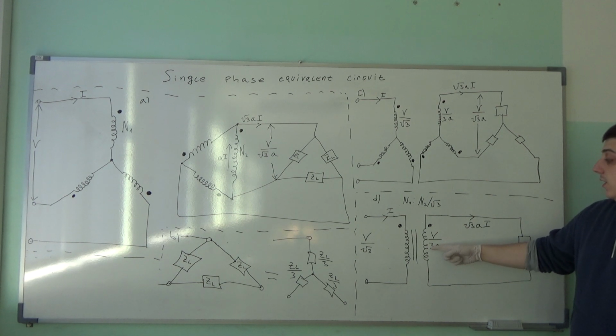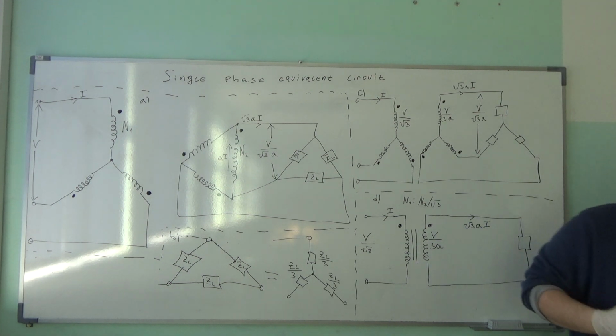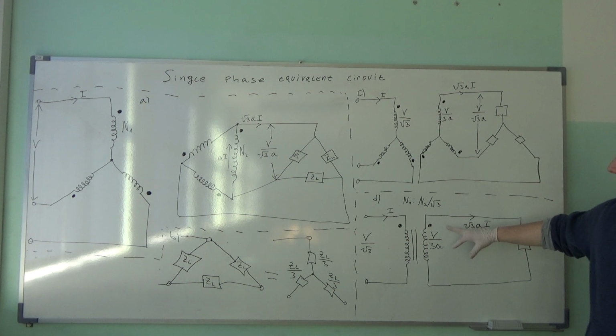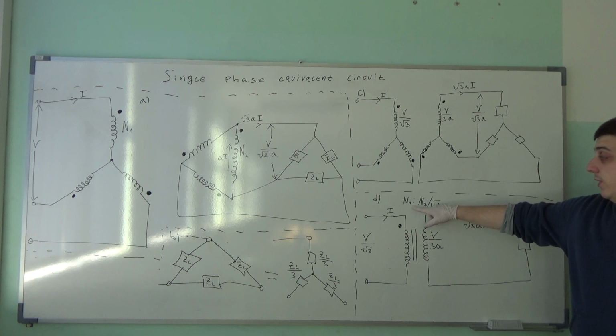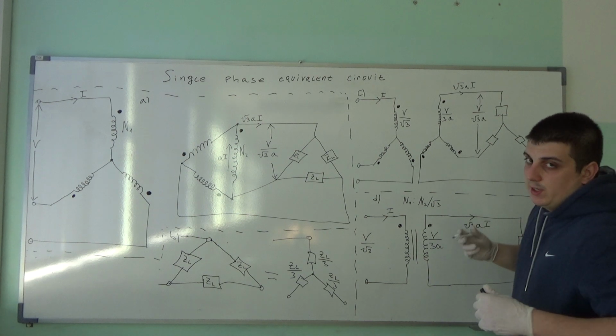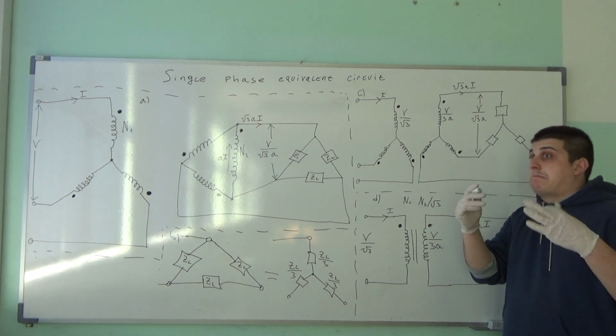This is not square root of 3, so there is another turns ratio. Okay, so now there is a different turns ratio that is equal to N1 divided by N2 divided by square root of 3, which is a new equivalent Y to Y turns ratio